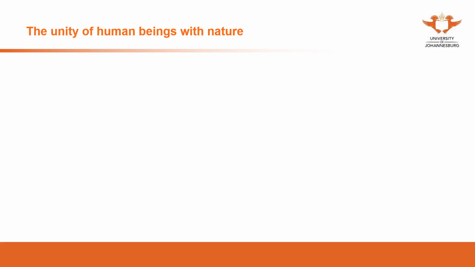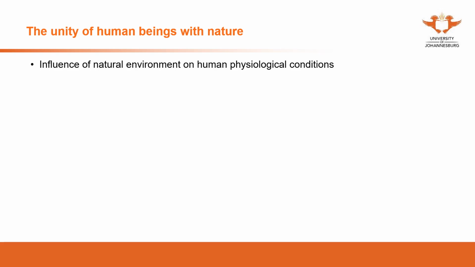The unity of human beings with nature. The human being is going to be affected by the natural environment, and the physiological conditions are going to be affected. From this point of view, a healthy person is going to be affected by nature. For example, the example we gave you previously, in spring, in summer, in autumn, and in winter, the pulse